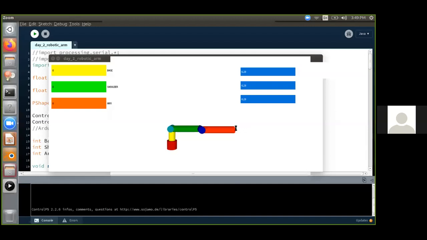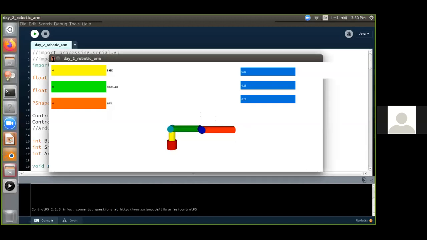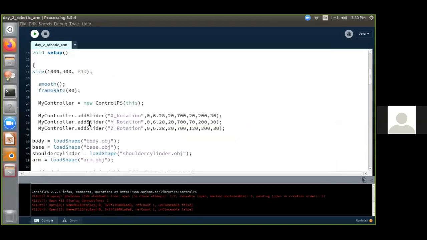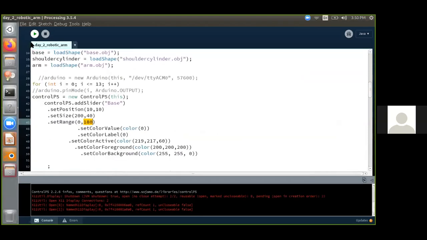Okay, Gautam Rao, I hope you're happy that the RoboArm is working. Nickel, yes, you can make the RoboArm rotate 360 degrees for better motion. If you want to make it rotate 360 degrees, what you have to do is set range to 360. That is what I think. We'll try and see now.